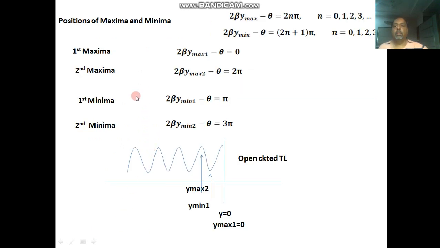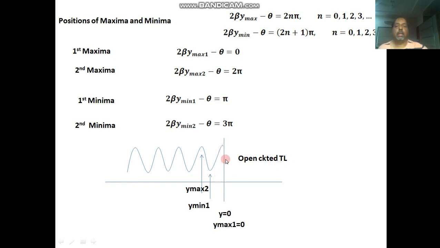Now we will see the position of maxima and minima. So 2 beta y max minus theta is 2n pi. The first maximum we will get for n is equal to 0, the second maximum we will get for n is equal to 1, the first minimum we will get for n is equal to 0, the second minimum we will get for n is equal to 1. So this will be the position of maxima and minima of voltages for an open